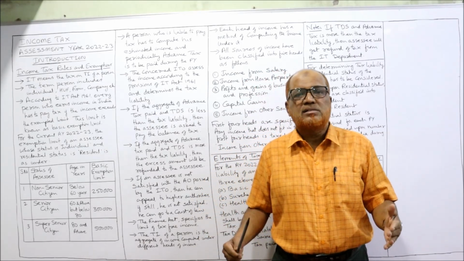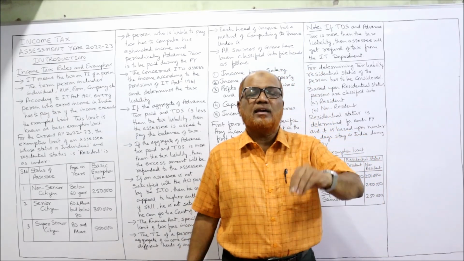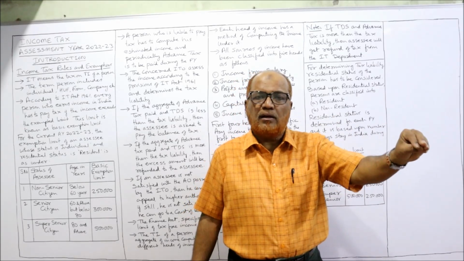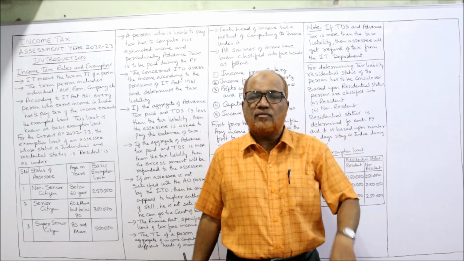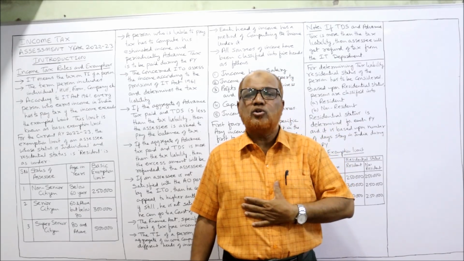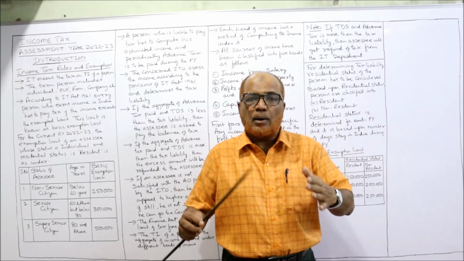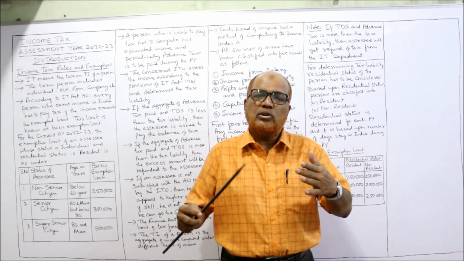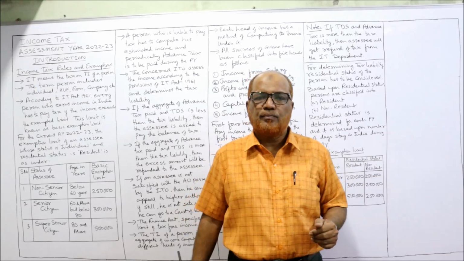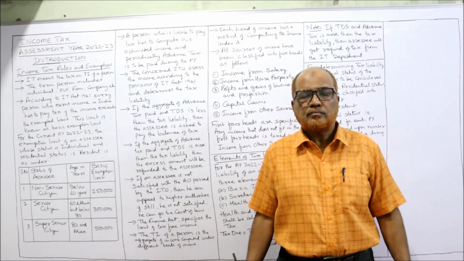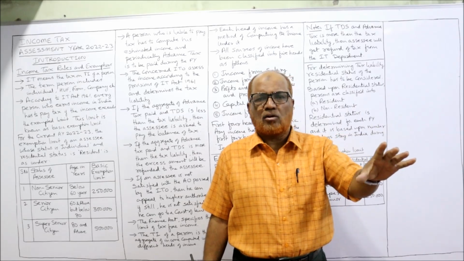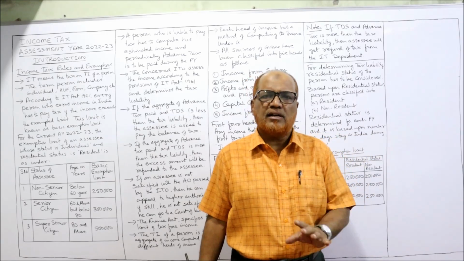There are tribunals in the Income Tax Act where I can appeal against the income tax officer. I will make an appeal to the higher authorities that the income tax officer is charging me 80,000, but according to my calculation it is 60,000. Then the tribunal will hear the appeal from both parties, the assessee as well as the ITO, and then give its conclusion. If the tribunal says, no Mr. assessee, your calculations are wrong, whatever the ITO is saying is correct,